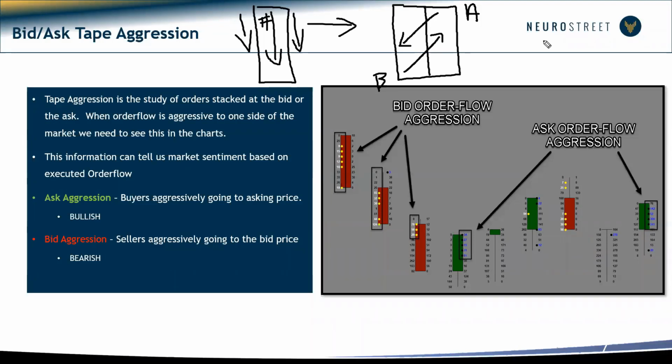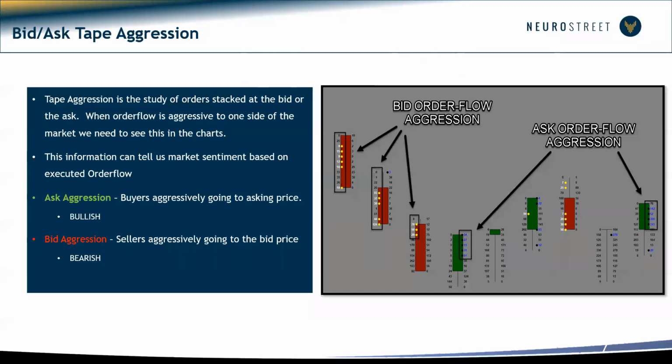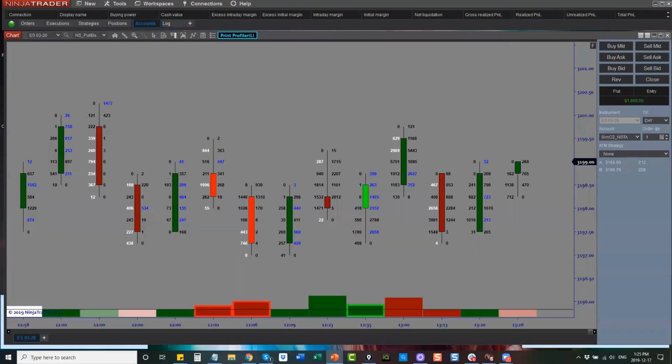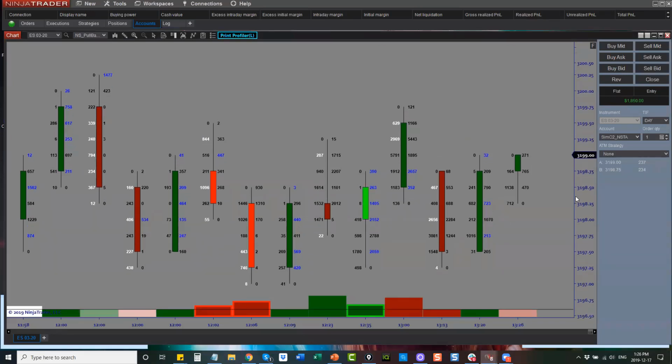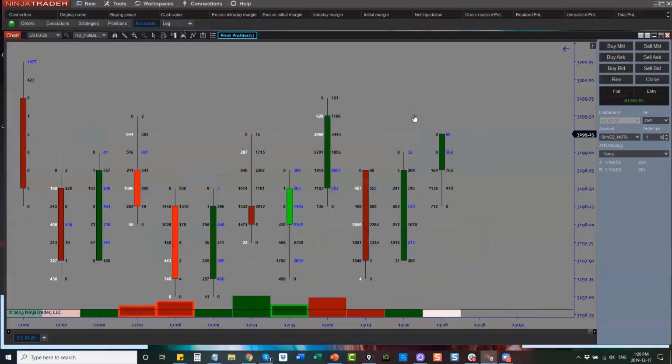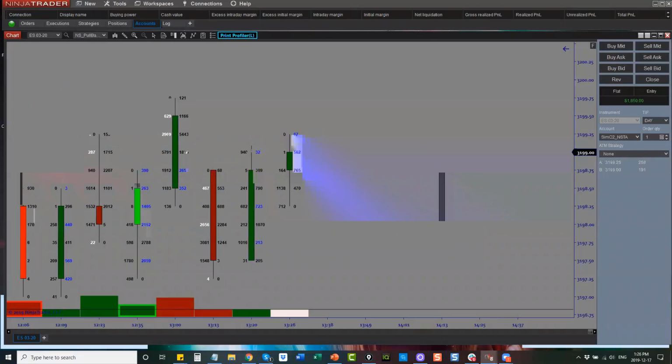And this is where I want to kind of stop for a second and kind of go into the power of using the print profiler software, okay? Because this is a boot camp, I want it to be really valuable. Okay, let's go into the indicator for a second. Inside the indicator, we have the ability, okay, let's just move this over for a second. We have the ability to tell the software,